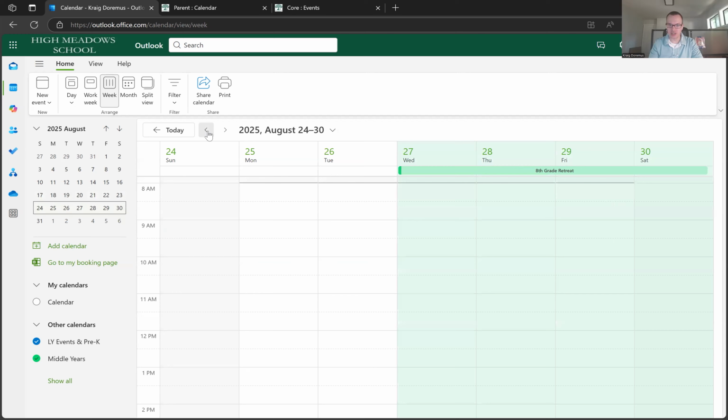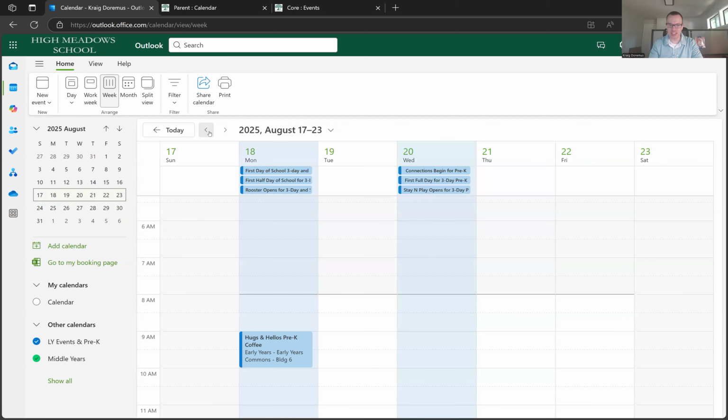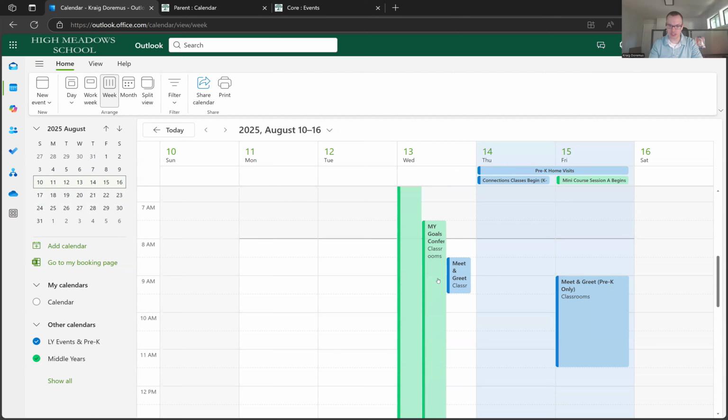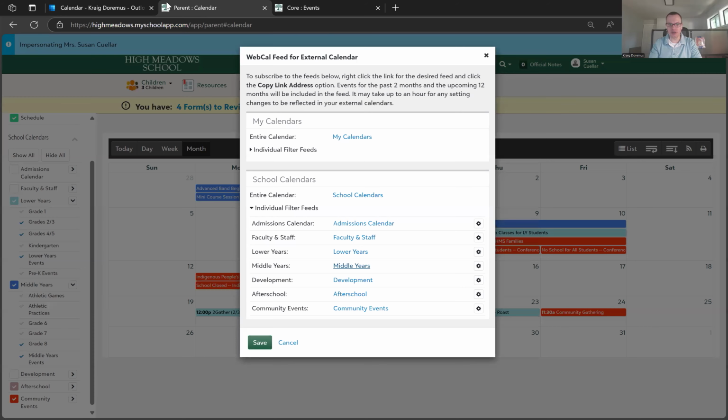Let's go back to August and look for one that might not be a full-day event. For example, middle years goals conferences on August 13th has a time block of 7:30 a.m. to 1 p.m. Now, before I end, we ask that all families install the all-school calendar, otherwise known as community